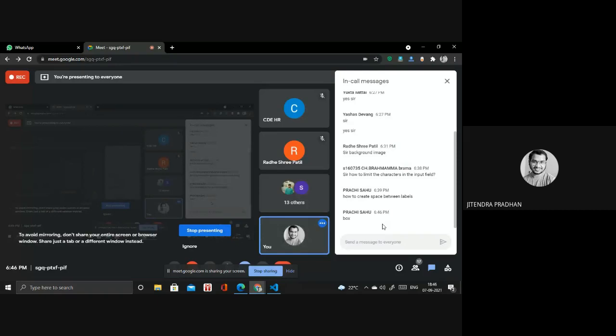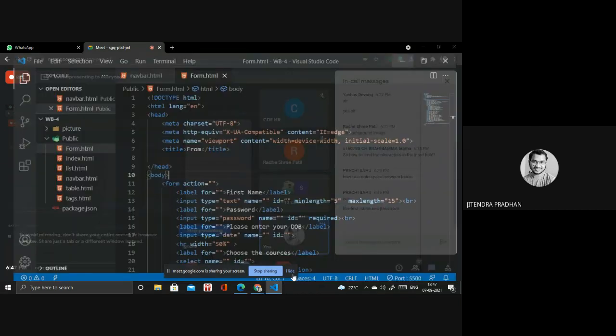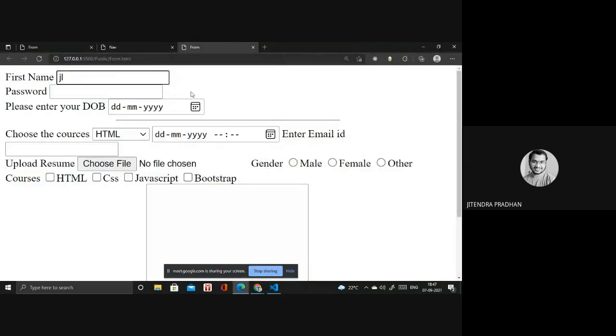Okay, between the box and the label, like first name and password. Okay, okay.